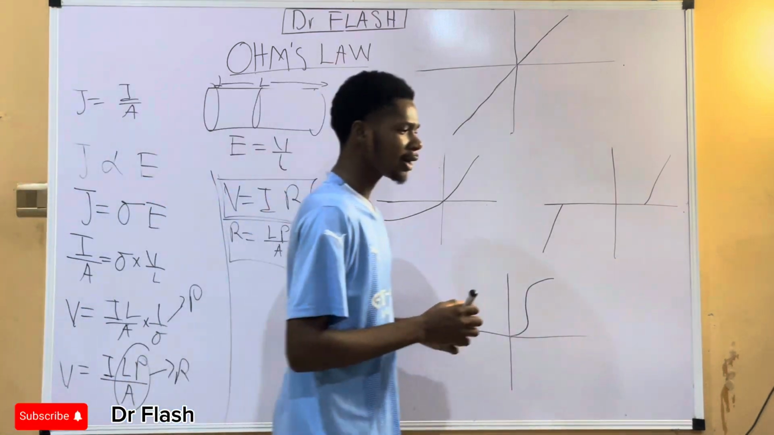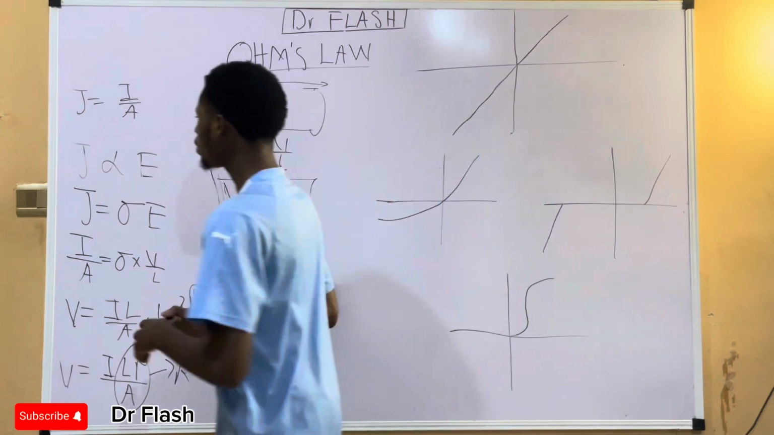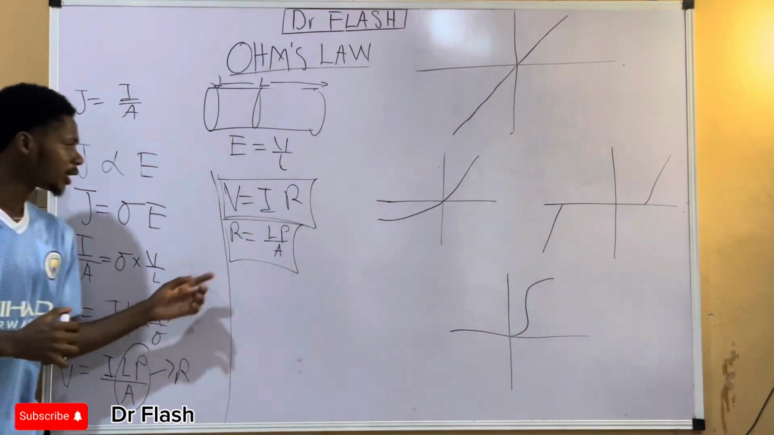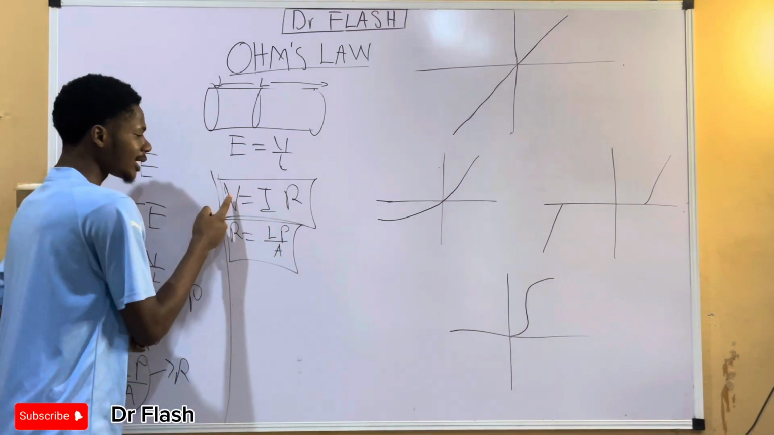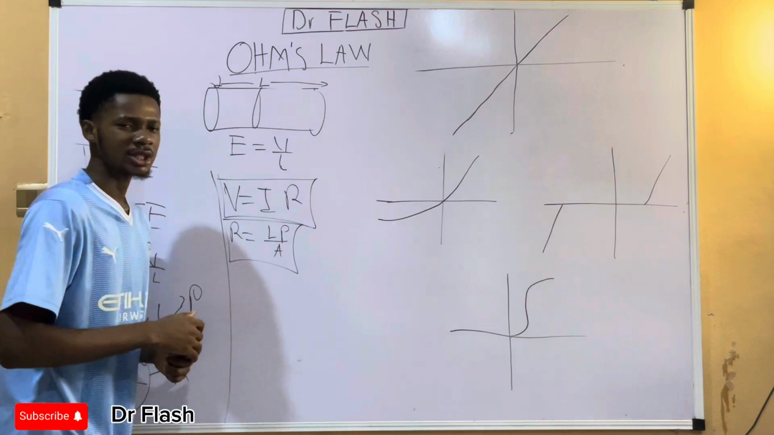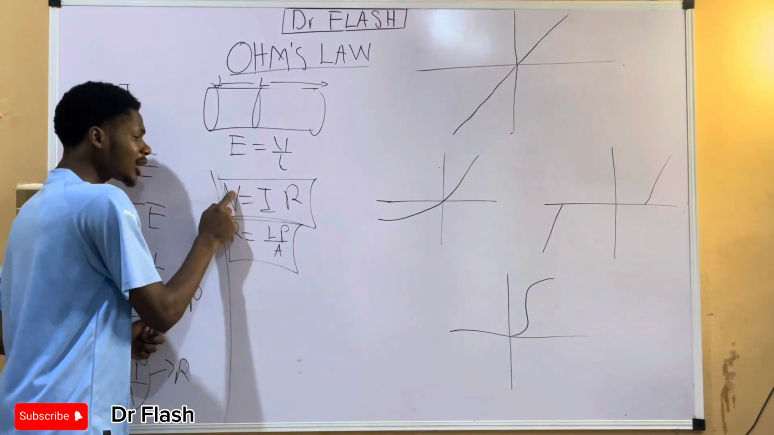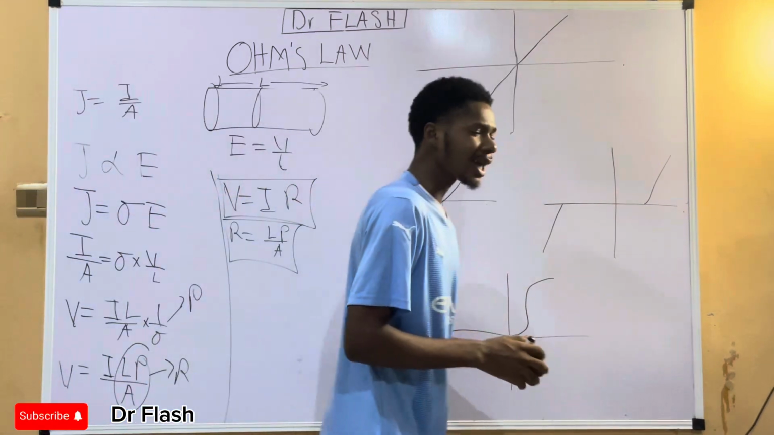From here we cannot derive or give a definition to Ohm's law. Now, after Ohm, the scientist named Ohm, did all his experiments and his proof, he arrived at V equals IR. So what he said was that this simply means that whenever we are applying a potential difference across a metallic conductor, the potential difference is directly proportional to the current, provided that